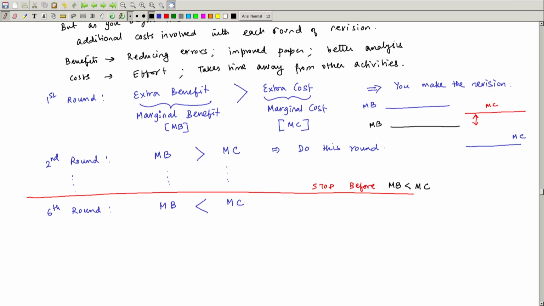marginal benefit becomes less than marginal cost. So, it tells you the stopping rule, right. So, essentially here you stop at the 5th round. In other words, do not take the 6th round, right. Now, notice the whole point of the analysis is the following. So, the point is that through marginal decision making,